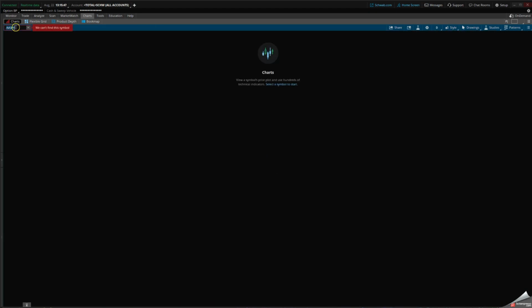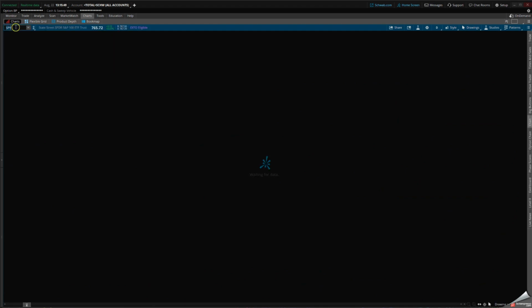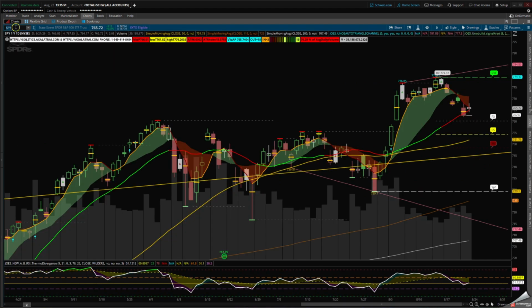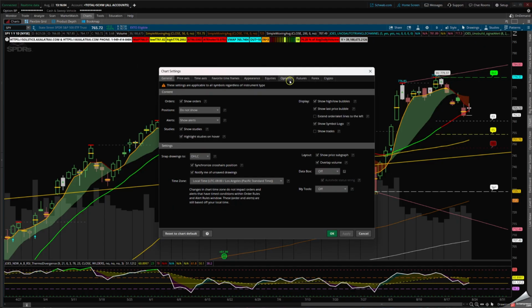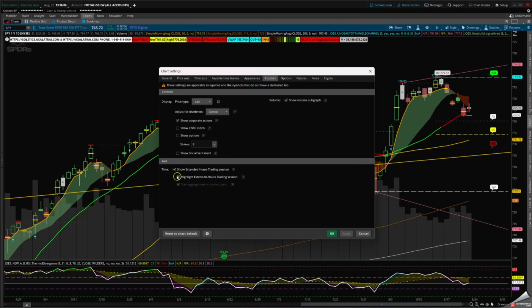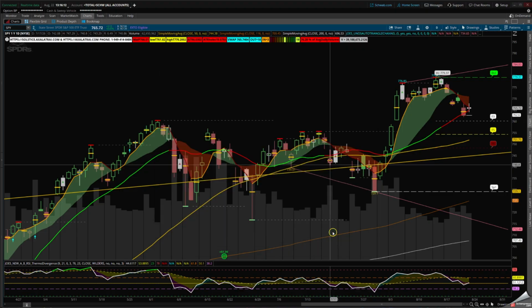So let's take a look at the SPY, and what I want to do is take the overnight, SPY. This is the exchange traded fund for the S&P 500, and you can see the island reversals. Let's go in here to the settings. I want to do this for everyone to see it. You can see in the equities, I can highlight or extend the overall hours on the charts to show you where the gaps are. We can see that top here in these double top.